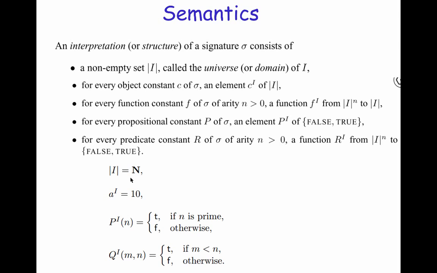And the second thing is, of course, that every object constant is mapped to a member of this universe. So this C superscript I is an interpretation I applied to this constant C, and it can be a member from this universe. If we have John as an object constant, John superscript I tells you which member of the universe that is. Okay, so note here that